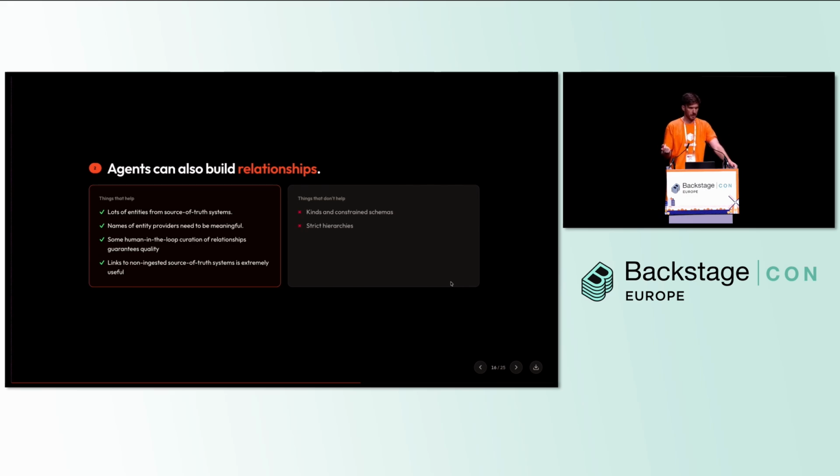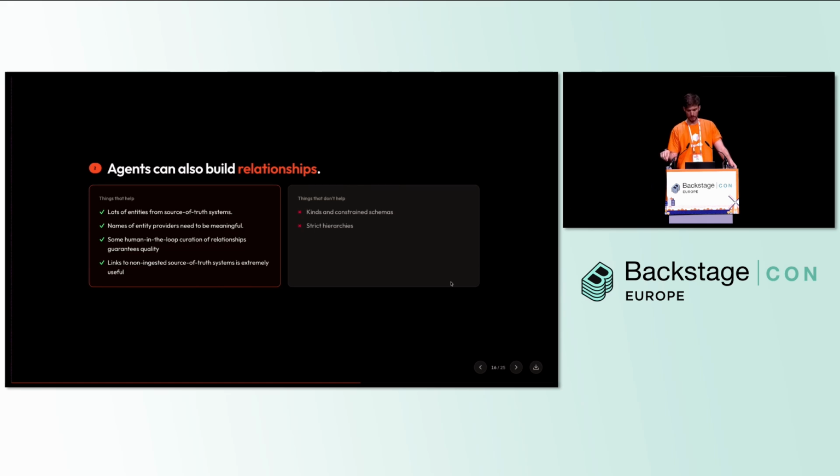What do we learn about those relationships, though? Well, you need a lot of data, so the more entities, the better. The more entities, the more likely it is you will be able to find bridges between two things that you are trying to compare. I'll talk a little bit about an AWS example where this is particularly relevant in a minute, but the general idea is the more the better. The names of the entity providers are particularly useful if you do go an agentic route with building relationships.